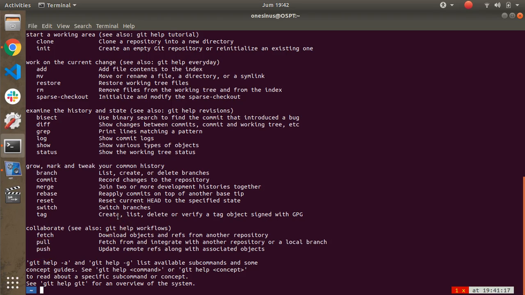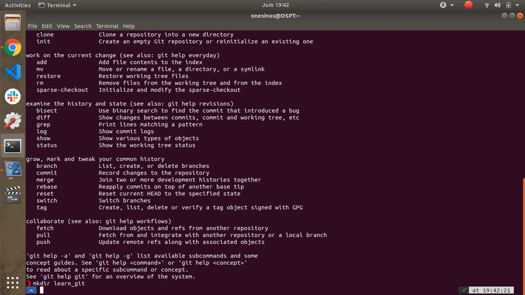Okay, let's create a folder called learn Git. Let's say this folder is our real project, and then you can go into the folder.